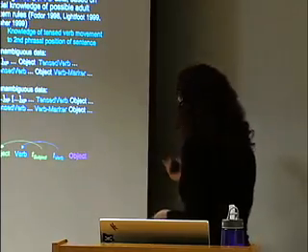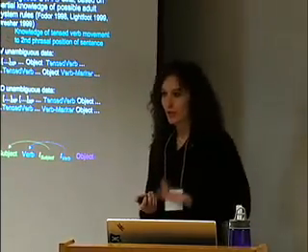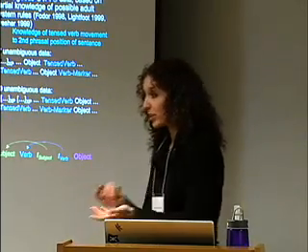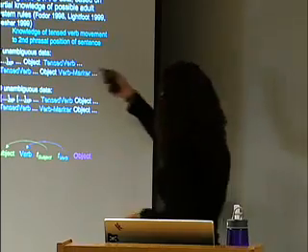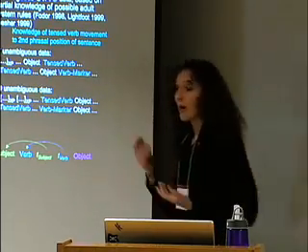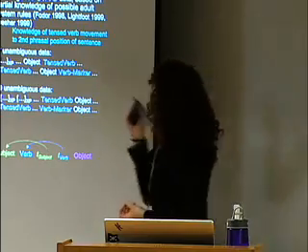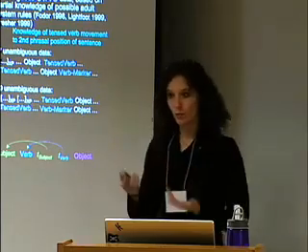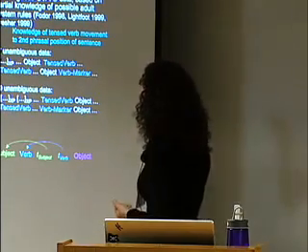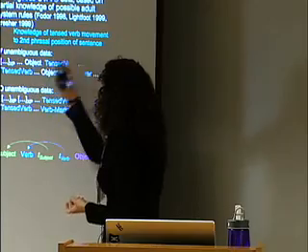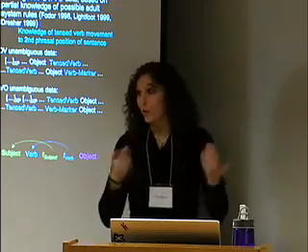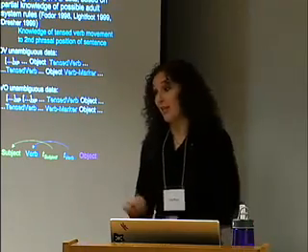The first thing you might naturally look for is the object next to the verb, right? You're trying to figure out the verb and the object, so you go find where they're together and see what the distribution is. The problem is that if you think there might be some kind of movement going on, then you have to be careful that the verb hasn't moved to the position where you see it. So you're looking for an object next to a tensed verb where the tensed verb isn't in the second position, because if it's in the second position, it might have moved there, and I have no idea where it came from.